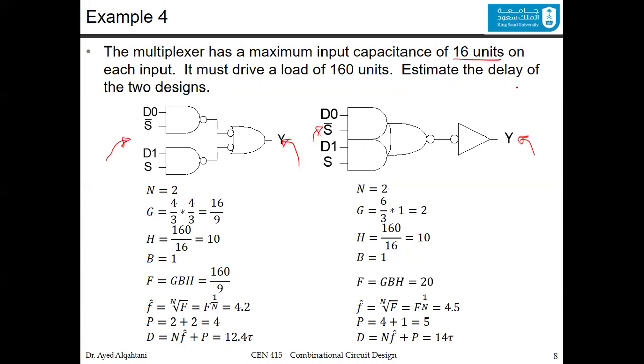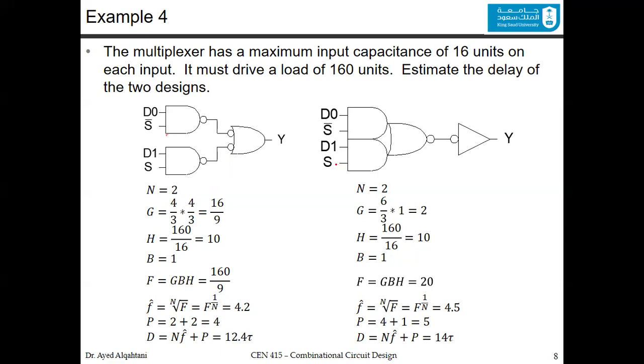You were asked to estimate the delay of the two designs. There are many ways to do it. You can do it mathematically using the Shockley model, because all of these gates are composed of transistors. So you go to the transistor level, and from the transistor level, you go up to the logic level. You can do it using simulations like SPICE or LTSpice, these kinds of tools. You can use the RC model or the RC ladder or the Elmore model that we discussed. Or you can use the logical effort. The logical effort is the easiest, the shortest way to get reasonable results where you can